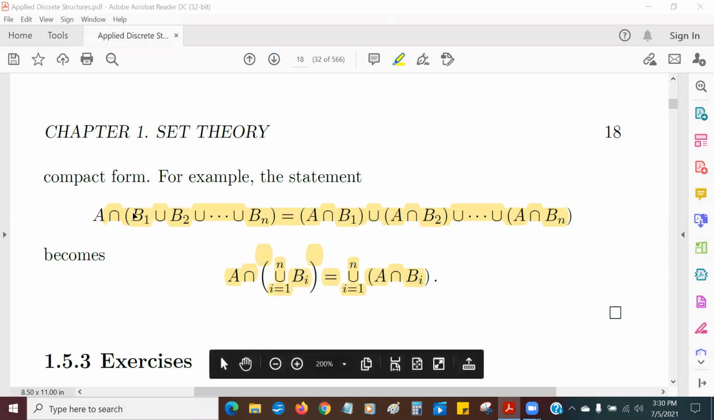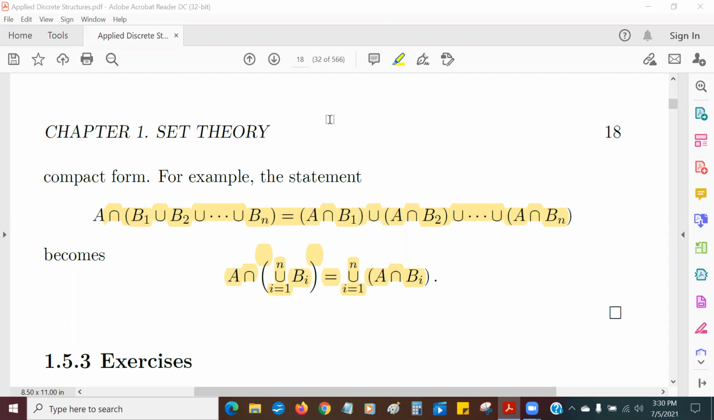The whole point of notation is to make things more brief. That's weird, how do I get rid of this? Okay. Anyway,